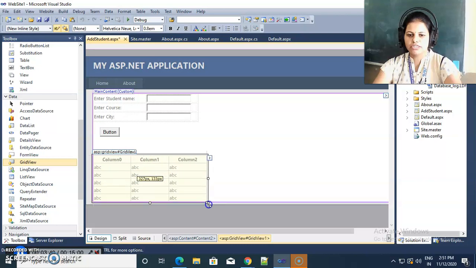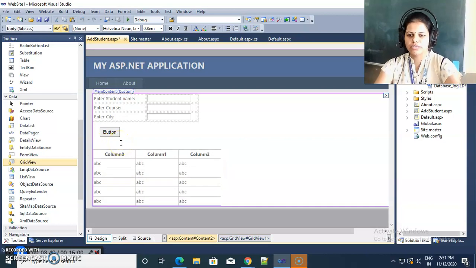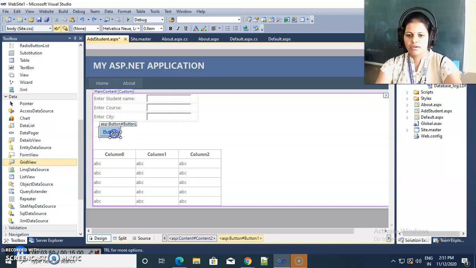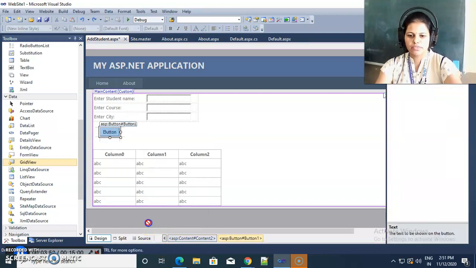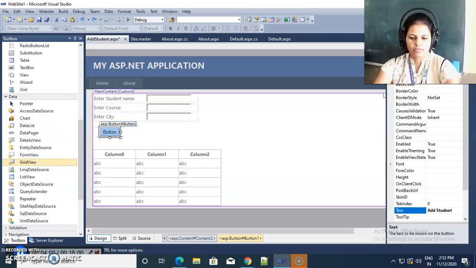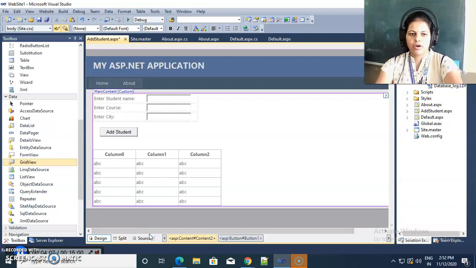Now all the functionality we are doing here by using code and not by using the wizard. Now I am changing the text property of this button from the default button to add student.